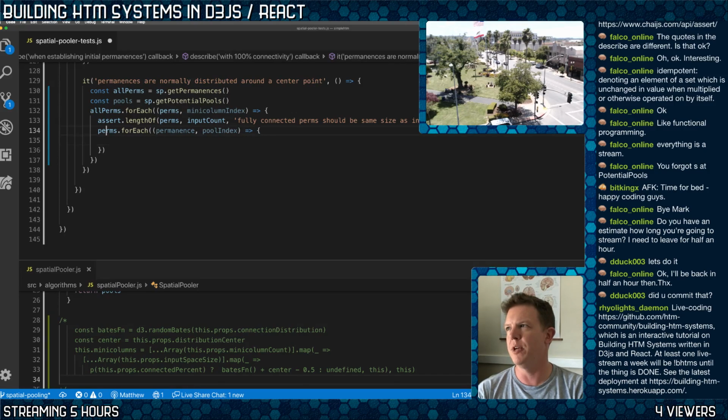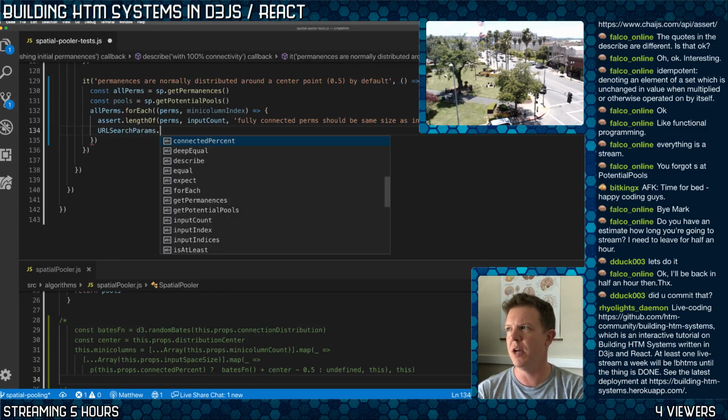So the center point, I'm going to put by default, and that's going to be 0.5 by default. Okay, so now I've got all my perms. I don't need this anymore. All I need to do is say perms dot